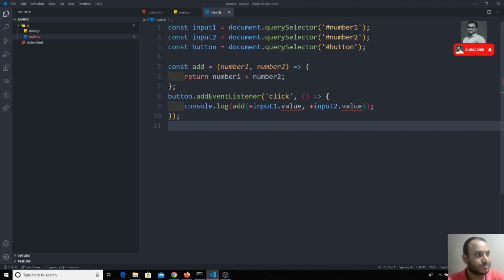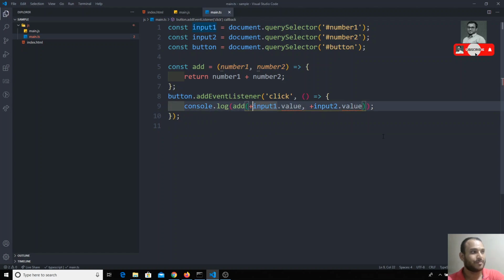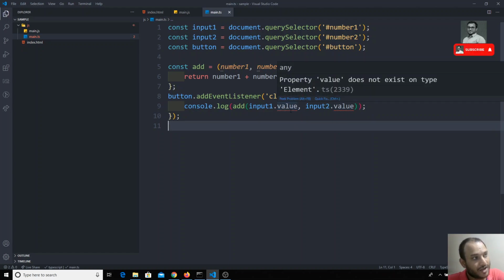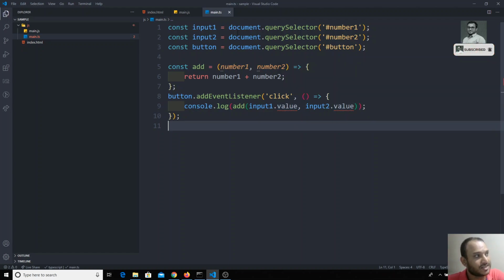see, as soon as you have pasted this, as I already told, you can write JavaScript code in TypeScript, but you cannot write TypeScript code in a JavaScript file. So here I copied all the JavaScript code and pasted it, and here it is expecting input dot value. I am removing this. Now here you are getting an error that input dot value does not exist. It is telling that document dot querySelector number 1, so that object doesn't have the value, it is telling.